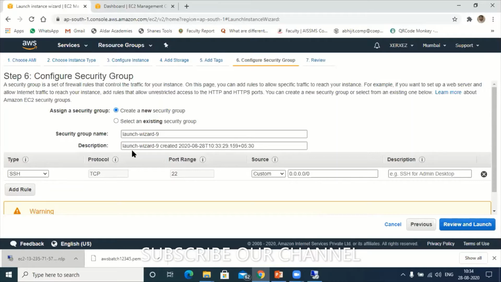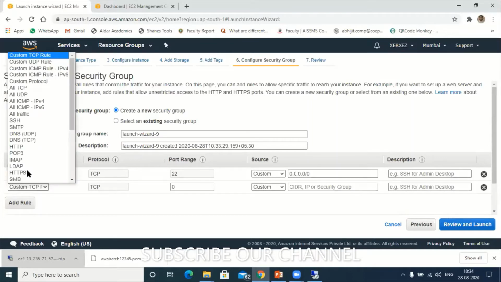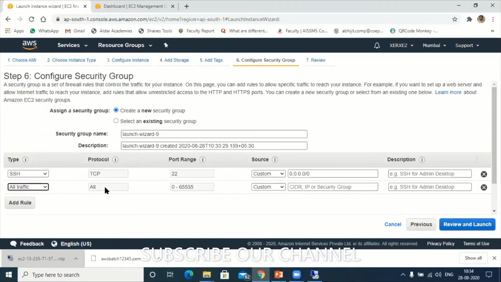Now next is regarding Ubuntu. If I want to access Ubuntu, we will be using SSH here. If you want to add more rules, you can add them here. Let's say here I'll add all traffic. This is the range of the port, but as far as SSH is concerned, we use port number 22. I'll use anywhere, but in a company, don't use this, because anyone can access it, and maybe they can access your data also. Next is anywhere,